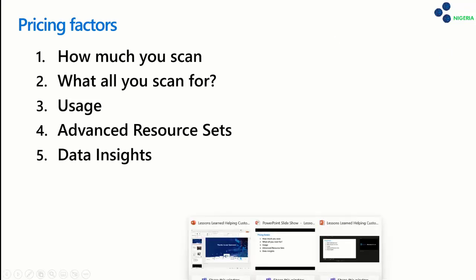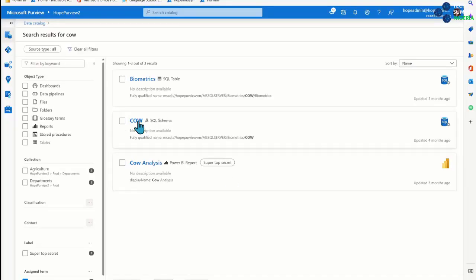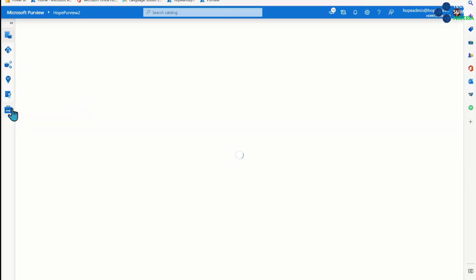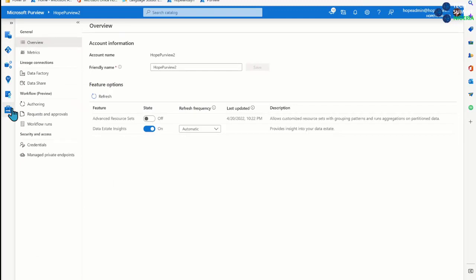But I want to show you somewhere. Anytime there are buttons in any of the products where cost is a factor based on turning things on or off, I want to make sure people know about it. So these particular features are ways to impact your cost. You can pay for something called advanced resource sets. If you have a deep and wide data lake, for example, you can get more information on partition data. Turn it on if you'd like. If you turn it on, there is a cost implication to that.